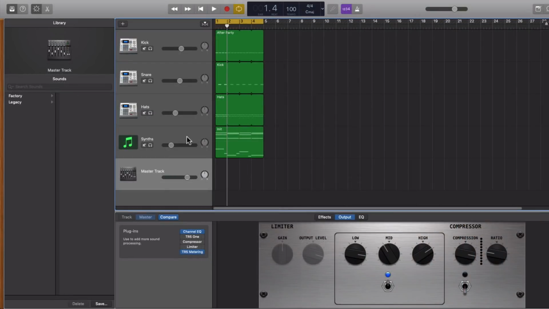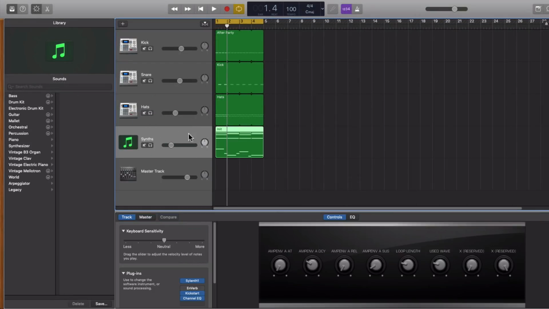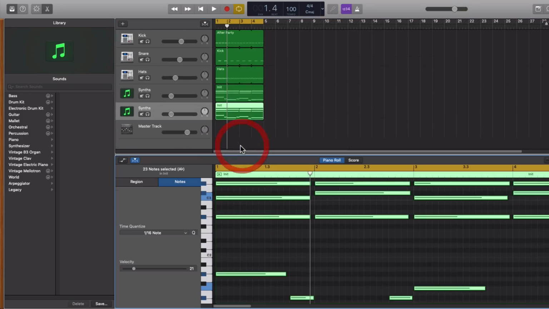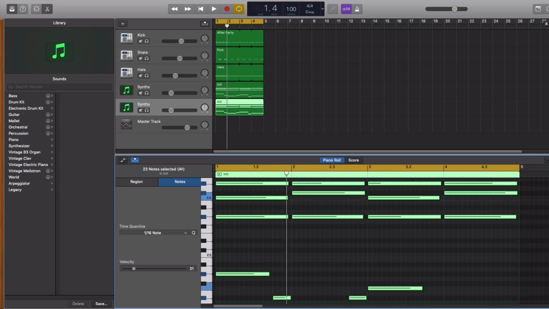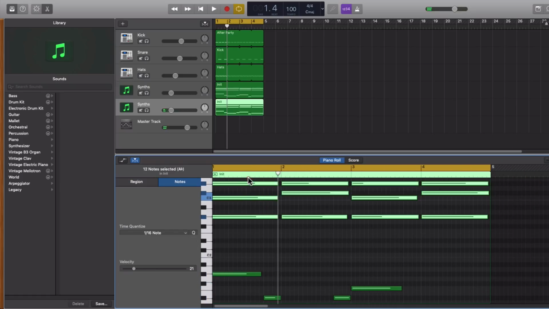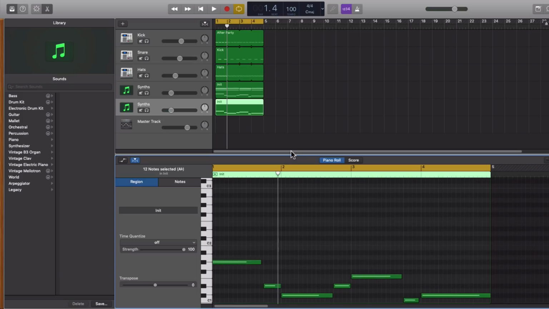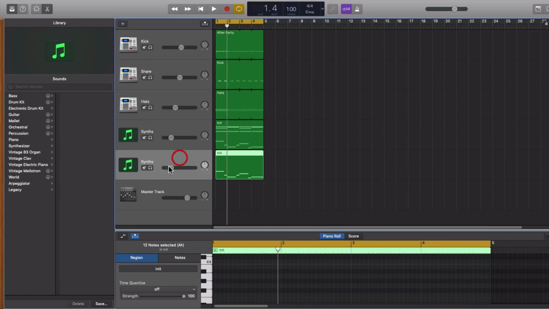Okay, so let's go ahead and create the bass line by duplicating the synth track, Command D, and we're also going to hit Option and drag the same region over. And we're going to eliminate the chords here. So let me just minimize this, highlight this, and just leave the bass notes in place. That way we can isolate the bass track and focus more on creating an overall tone with that. So let's just solo that